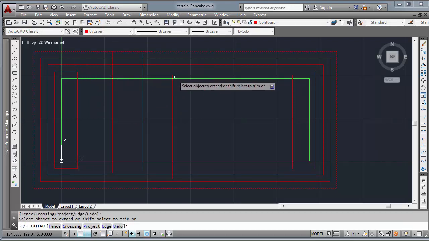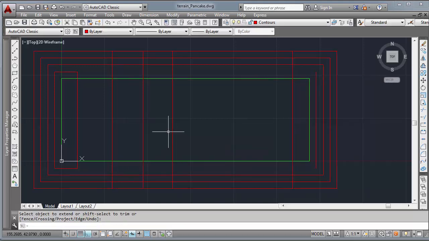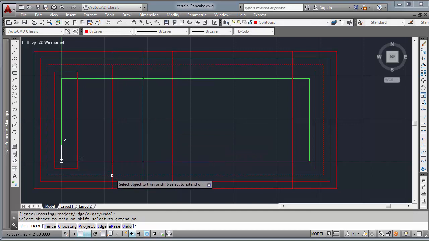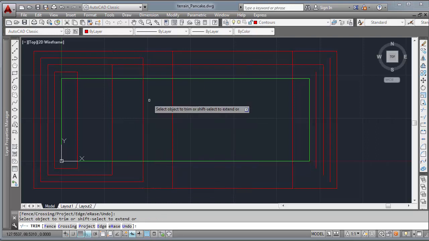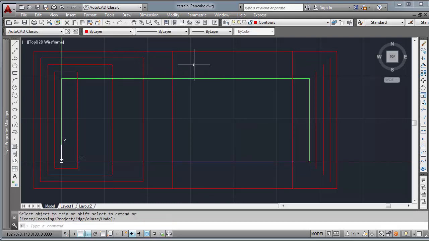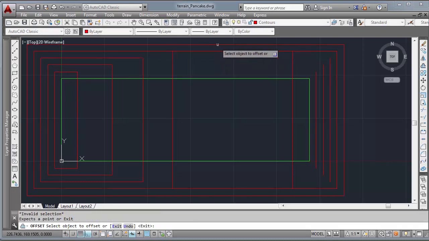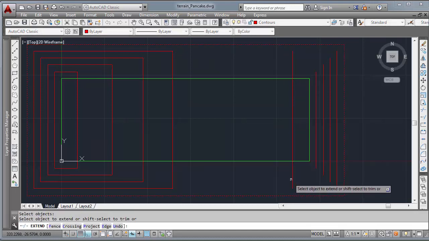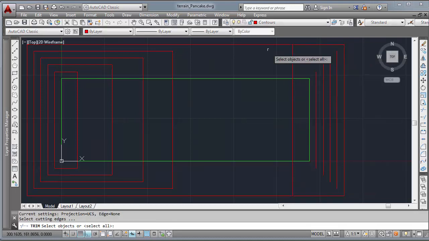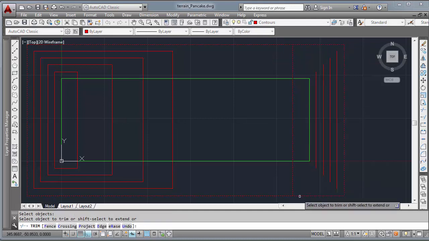So extend, and now trim. Always selecting the part that you want to go away. Alright, now delete all the extras,